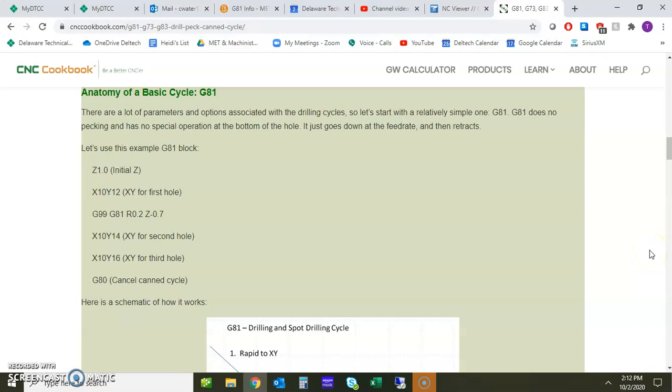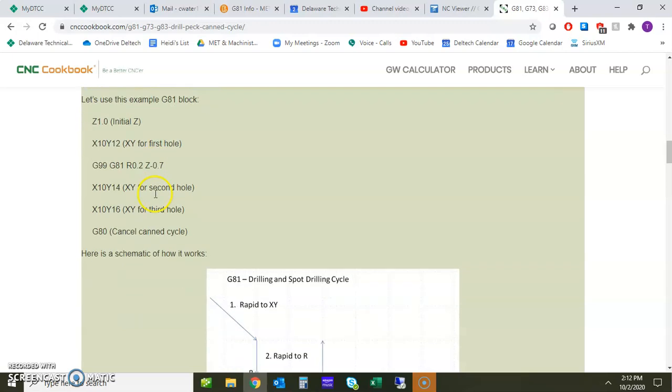We're going to dive into the anatomy of the basic drill cycle, which is G81. We're going to talk a little bit about what is happening in each stage. So let's have a look here. So the first thing that we're going to look at is